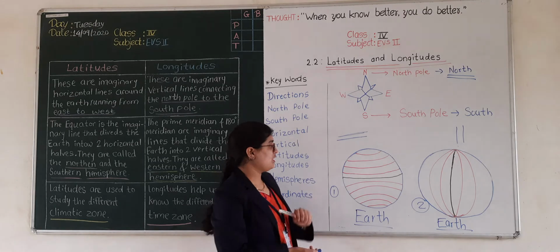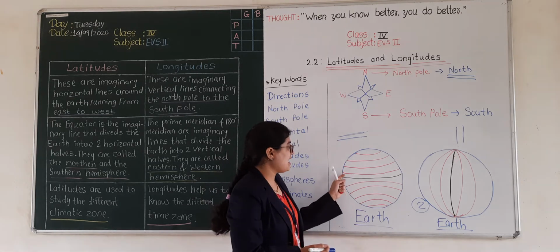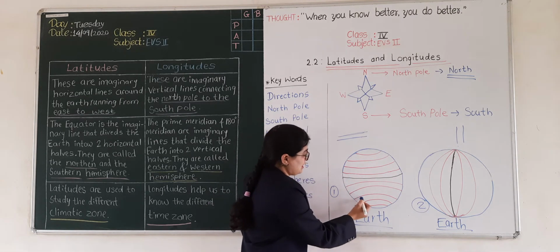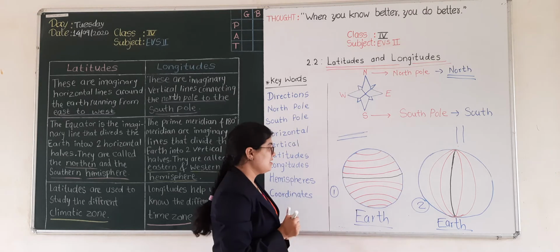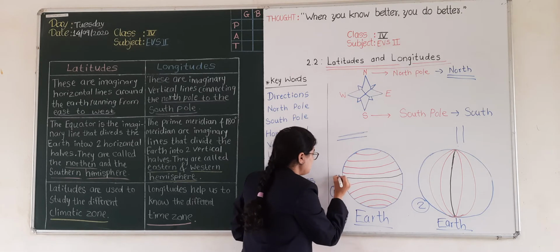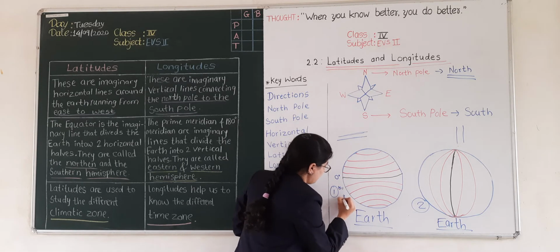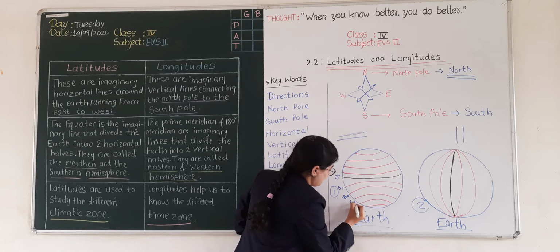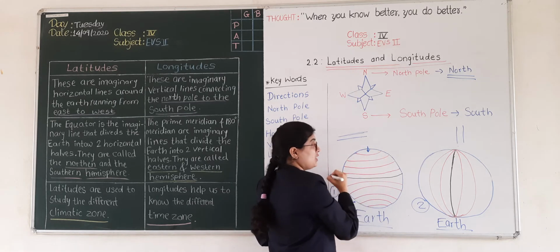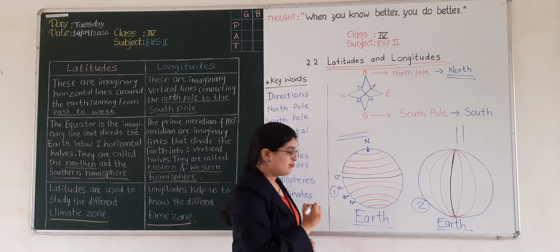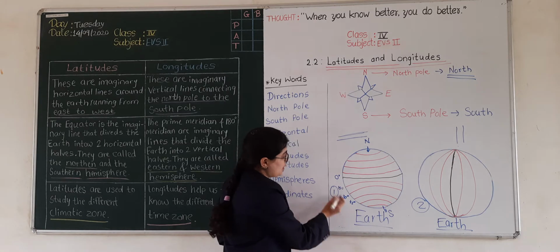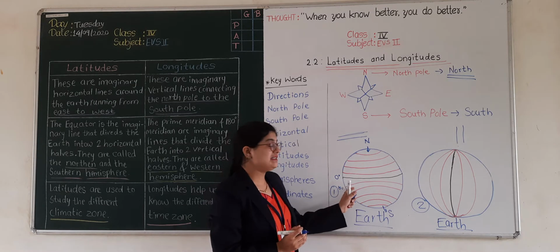Here we can also say that these lines are at some equal distance. It is having equal distance in the lines. So these lines are denoted through degrees. Understood? First is 0 degree. Then you can see 15 degree, 30 degree, 45 degree and so on. This upper side, which pole is this? Yes, North Pole. And the down side is South Pole. Here you can see the equal distance of these latitudes.